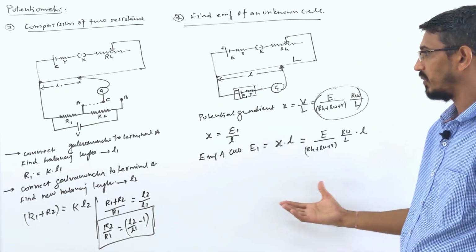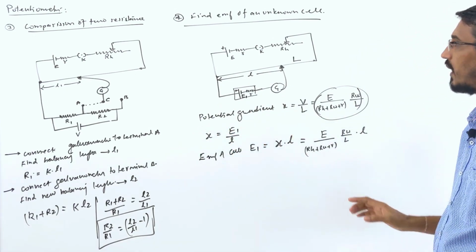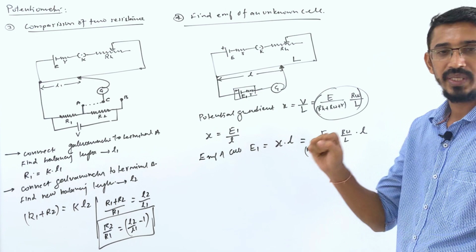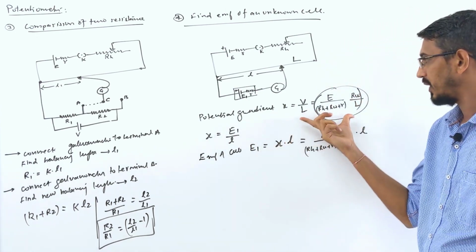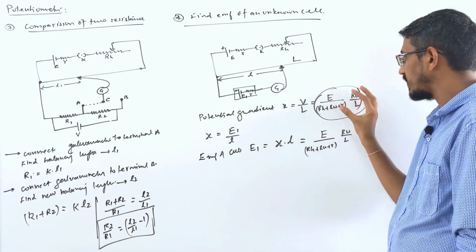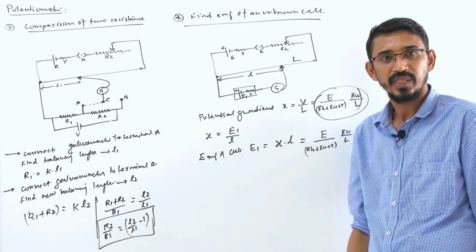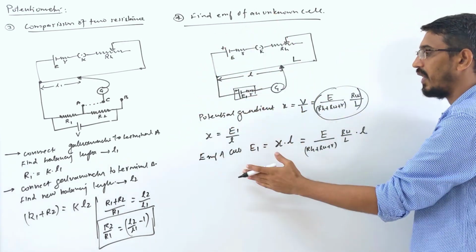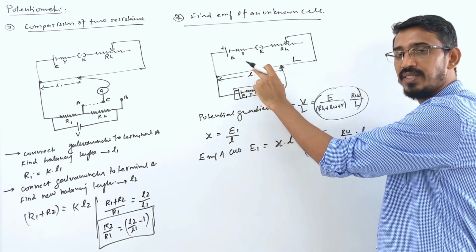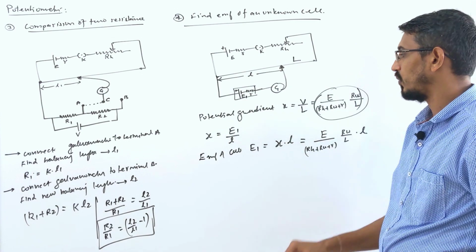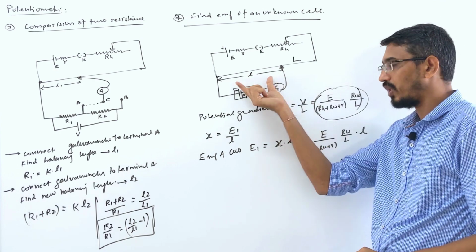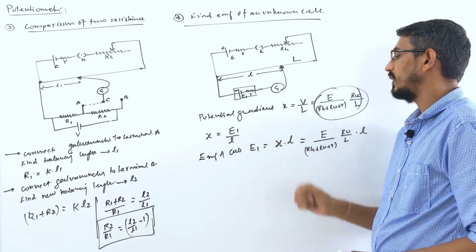So these are all direct numericals. I have explained the theory, and now I will discuss some numericals. Hope you understand all of this. Five main questions are in front of you. First, important questions on potential gradient, direct questions. Potential gradient is given and something is unknown, or these values are given and they directly ask you to find the potential gradient. Another use of potential gradient is finding the EMF of an unknown cell. You have connected an unknown cell of EMF E1, it got balanced against some balancing length small l, then the EMF is found by writing this formula: the potential gradient into the balancing length.